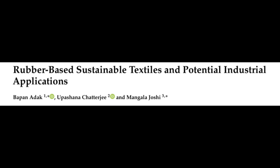Exactly. And today we're aiming to go beyond just the usual eco-friendly fabrics you might hear about. We want to dive deep into this world of rubber-based sustainable textiles and their increasingly critical role in industrial applications. We're talking tires, conveyor belts, even materials used in defense and aircraft. Serious stuff. And if you zoom out a bit, the progress here isn't just about being environmentally friendly for its own sake. Right. It's also about using our resources much more intelligently, minimizing waste, and ultimately creating a more robust and efficient